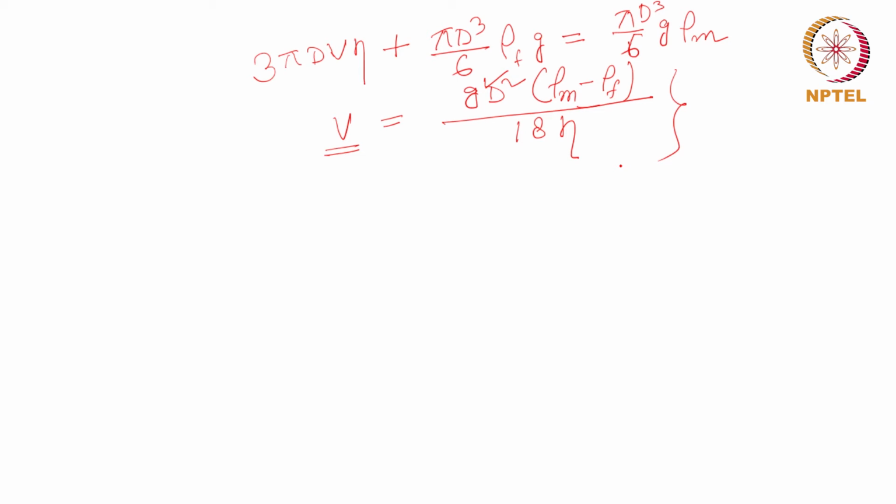In order to measure V, there is an apparatus which is used, as I told before. That apparatus basically consists of a tube in which the particles are dispersed in a fluid, and a known settling distance is used, a settling height,